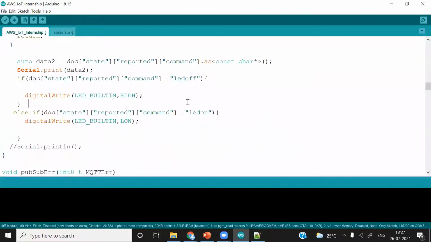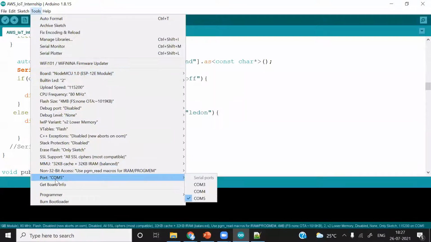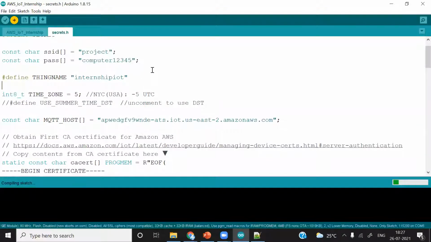So I will simply upload this code to the ESP8266. Now I have connected the ESP8266, and you can see the COM port is fine. I will upload this code and turn on the hotspot of my smartphone with the same credentials as the project, and the password 12345.